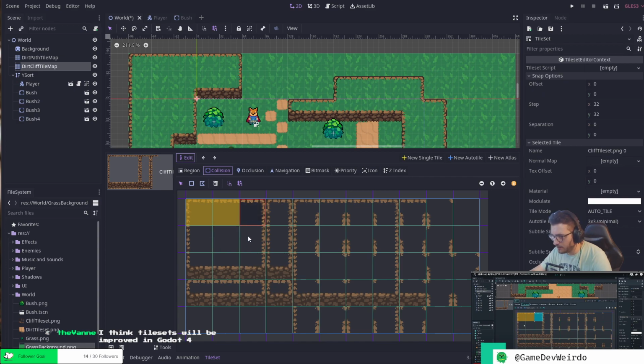Well, I think tile set will be improved in Godot 4. I mean, that's how I should learn it again. Yeah, but I was reading some news and that the Godot 4 update will be mainly focused on 3D. So okay. I mean, now I'm annoyed that I need to learn it one more time. But anyway,